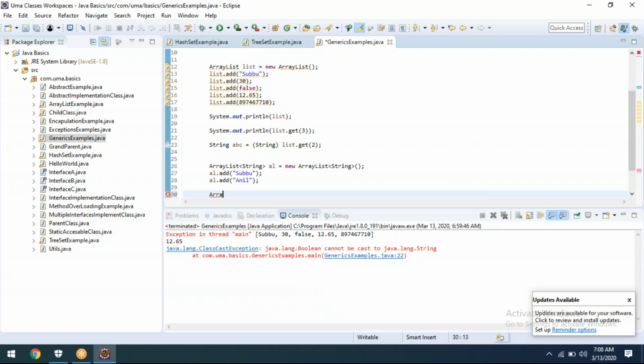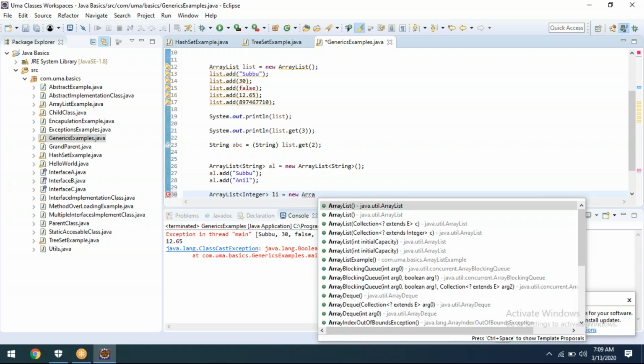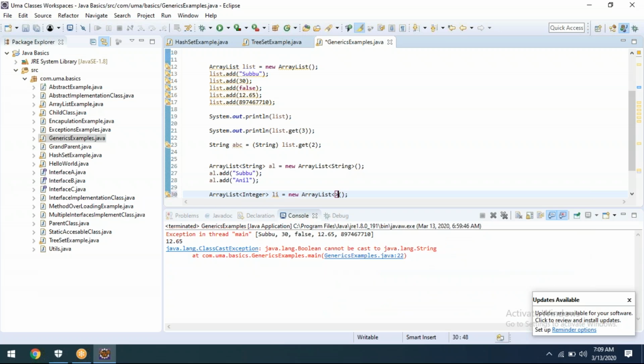The same way, if you go for array list of integer, think about it. Like li I'm putting, or li equal to new array list of, here what we need to put is Integer, not int.